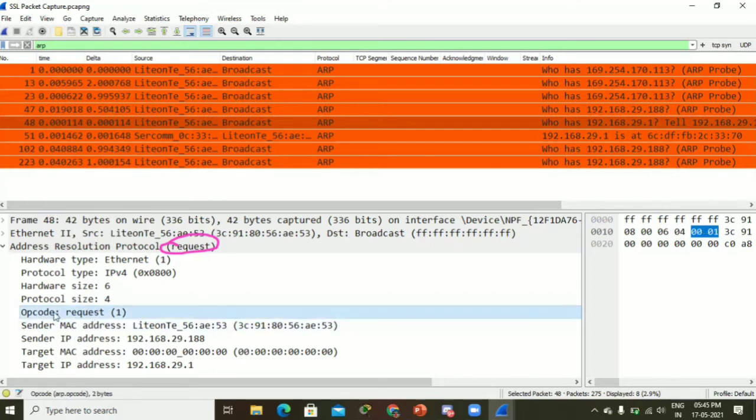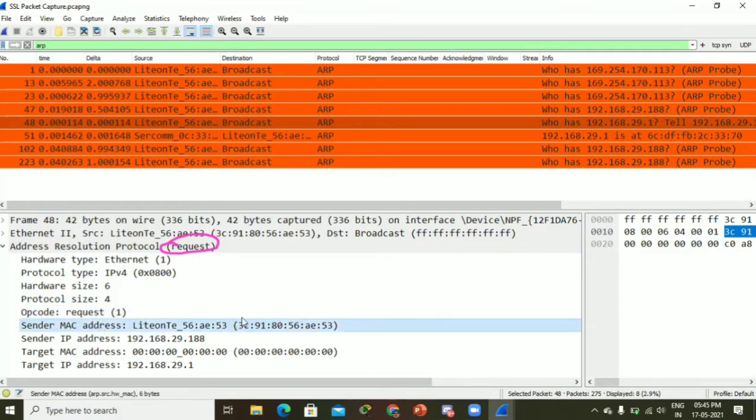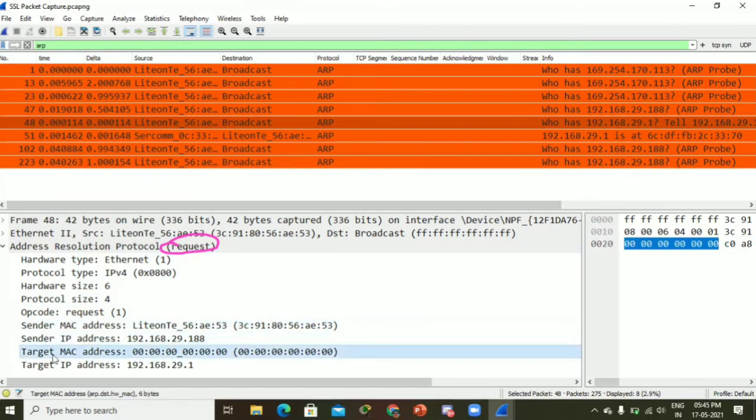Next, the opcode. It is a request, so opcode 1. 2 means reply. Next, sender MAC address, which is the sender's MAC address. Then sender IP address, which is 29.188, which is me. I'm the sender. Next, target MAC address, which is 00:00:00:00:00:00 because the target MAC address is unknown.